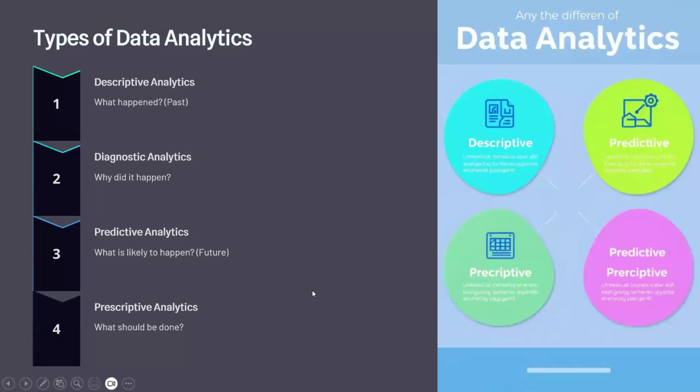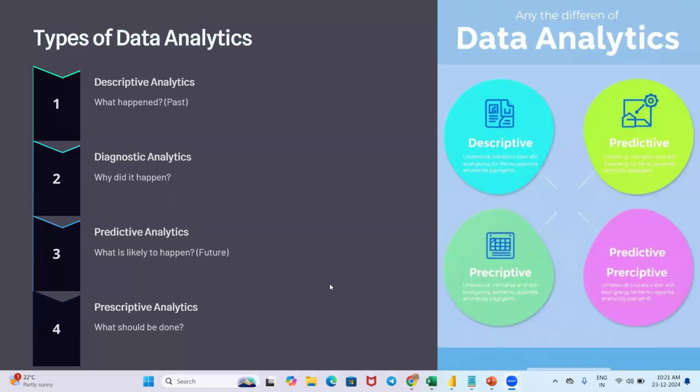And what are the types of data analytics? So basically, the types of data analytics are descriptive analytics, diagnostic analytics, predictive analytics, and prescriptive analytics. So what is descriptive? Descriptive analysis is nothing but